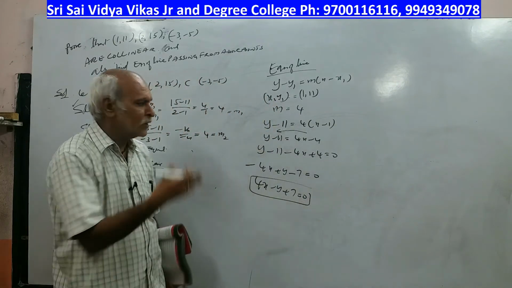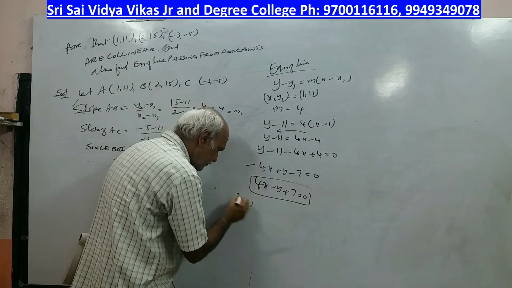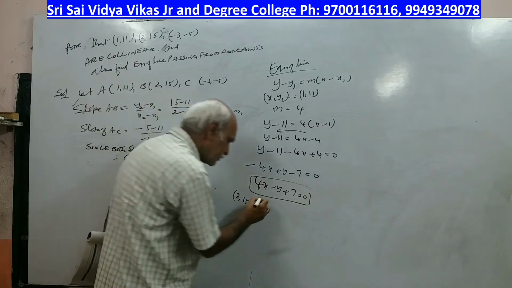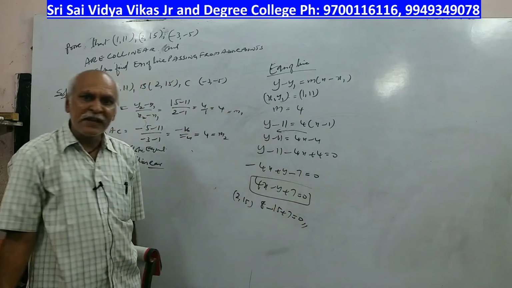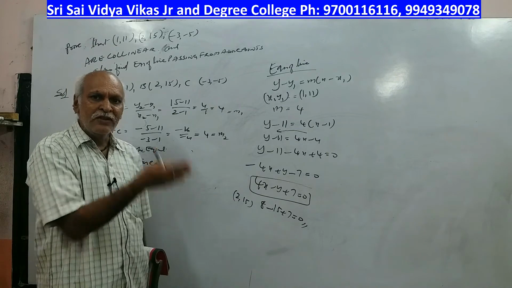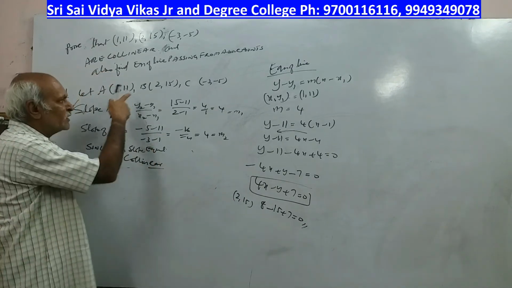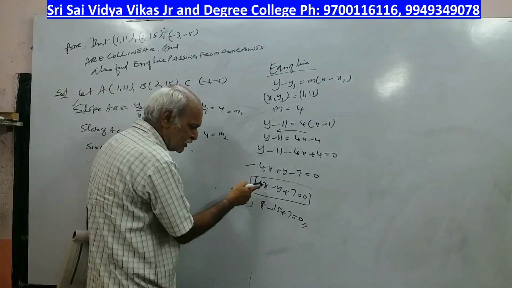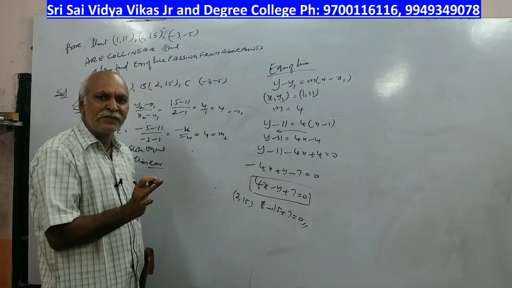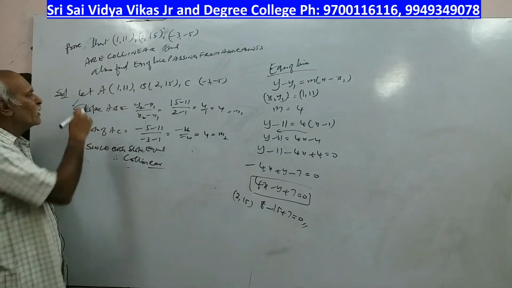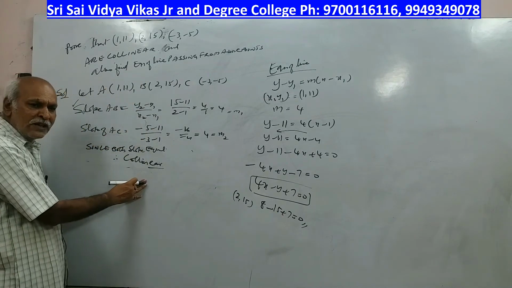Again, somebody will have doubts. You have taken the first point. What about the second point? The second point is (2, 15). Now put it in this equation: 8 minus 15 plus 7 is 0. This is satisfying. You can verify whether you take the first point, second point or third point, the equation has to be satisfied. So what is important here? This is a very important model. You have to find the slope of AB and slope of AC. If they are equal, they are collinear, then use this formula.